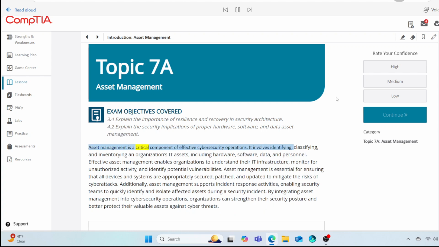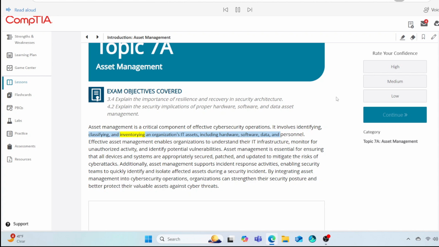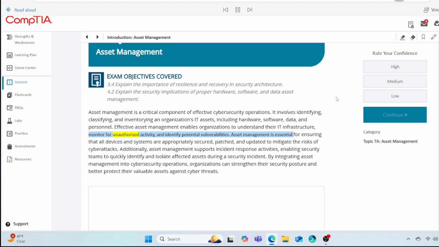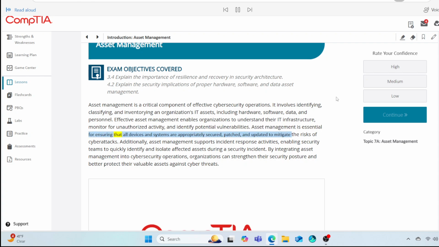Asset management is a critical component of effective cybersecurity operations. It involves identifying, classifying, and inventorying an organization's IT assets, including hardware, software, data, and personnel. Effective asset management enables organizations to understand their IT infrastructure, monitor for unauthorized activity, and identify potential vulnerabilities. Asset management is essential for ensuring that all devices and systems are appropriately secured, patched, and updated to mitigate the